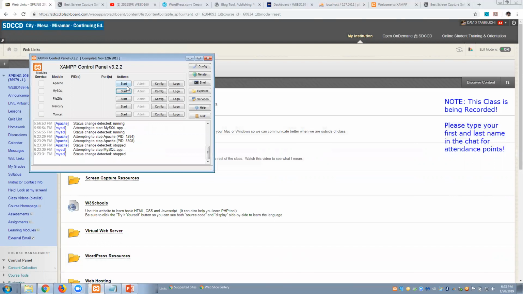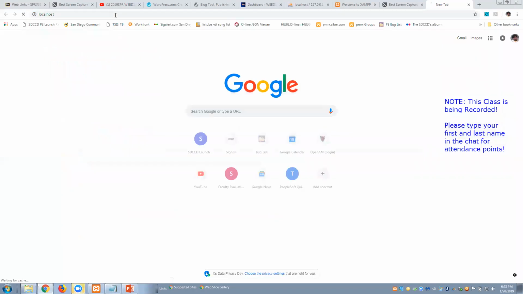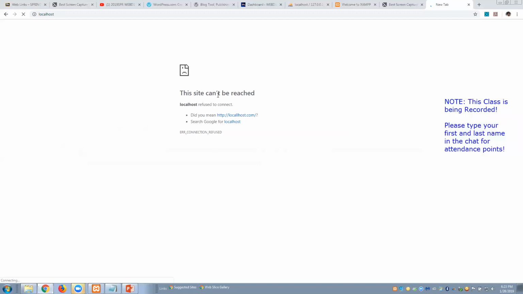So when you download XAMPP, think of it like I'm downloading a web server onto my laptop. And normally if I try to go to a web server, let's say this web server called localhost, it's not going to find anything. It says I can't find a site. Basically it's saying, go and look for a website right on the same computer you're on. And since I don't have a web server, nothing happens.